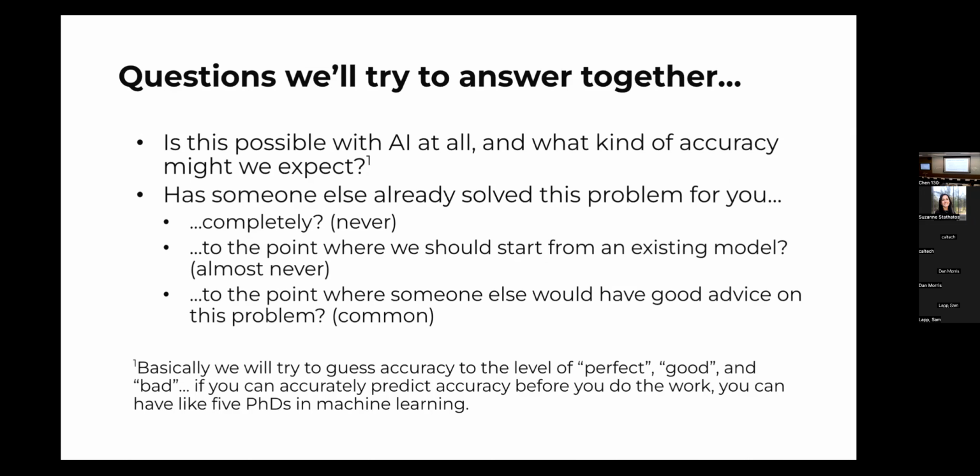And so once we start to get all those answers from our hypothetical ecologist, we're trying to answer questions like, is this problem possible with AI at all? And what kind of accuracy might we expect? As you all go through this course and spend more time with deep learning, you get a sense for what especially computer vision can do and what it can't do. And you'll get a good sense for, is this a completely impossible problem? Is this a super trivial, you'll have 100% accuracy problem? So what kind of accuracy might we expect?